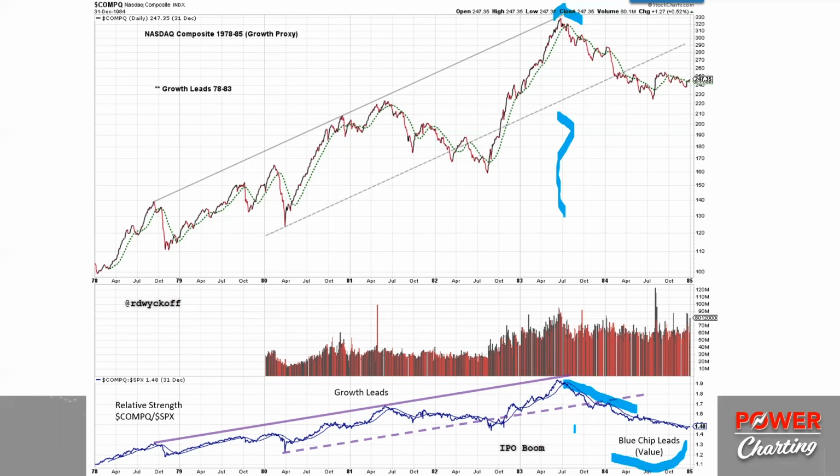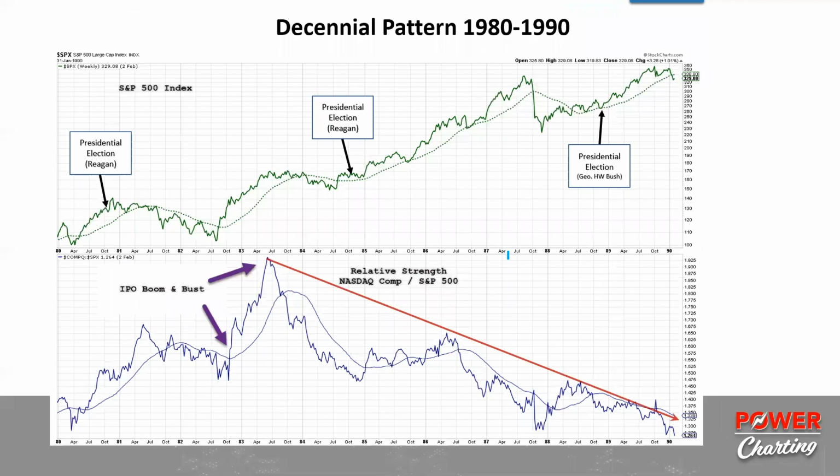The thing that we saw in the decennial pattern for the 80s, and this is a point I want to make relative to now, is that there was a pretty bad recession from 1980 to 1982, and the stock market really had a relatively mild decline, even though it was a reasonably important bear market. Valuations for stocks were exceptionally low. Stocks were inexpensive, low PEs, high yields, very high interest rates in the bond market. And so even though there was a pretty substantial recession in the first 3 years of the decade, 80, 81, 82, and into 83, the bull market started in